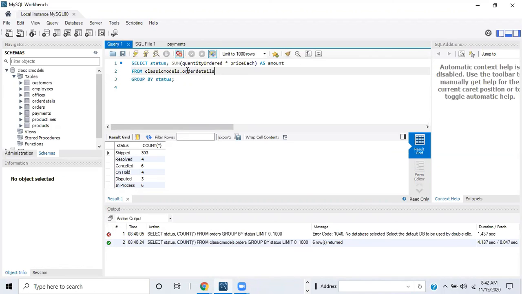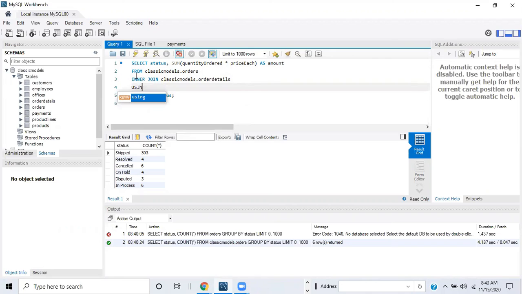And here I'm going to combine the group by with a join. So if I hit enter, I'm going to do an inner join, which we worked on a couple of sessions ago. I'm sorry, the from is from the orders table, and the inner join is going to be from the order details table. So I'll have classic models dot, and then I'll do order details for the table name using,